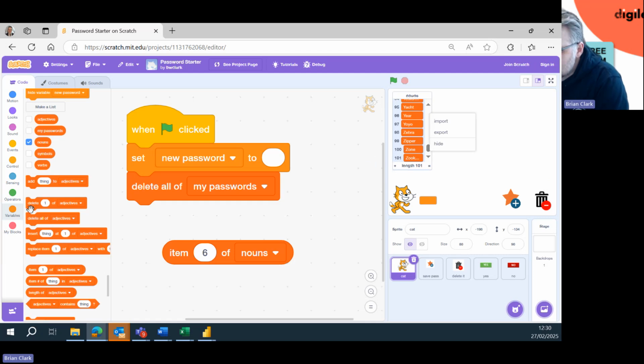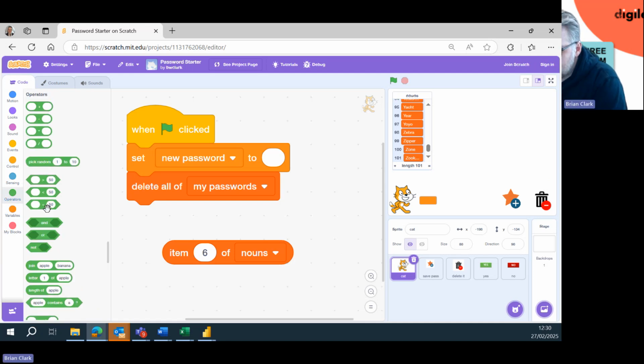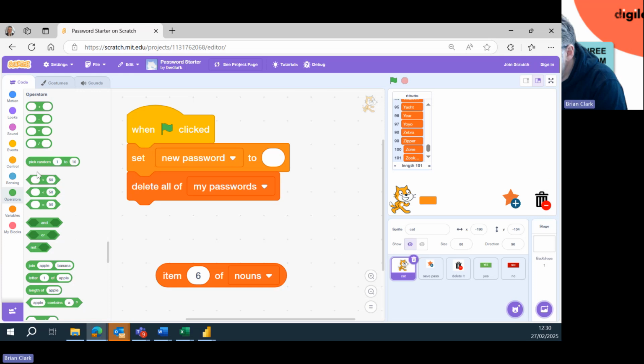So I need to use one of the operators, and there's an operator that's green. It says pick random. I'm just going to pull that pick random in here. Just pop it down onto the stage. And just to make sure it works, you can double click on it. So this one says pick random 1 to 10. If I double click on that, you'll see that it generates a random number between 1 and 10